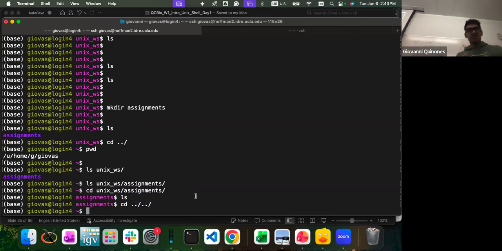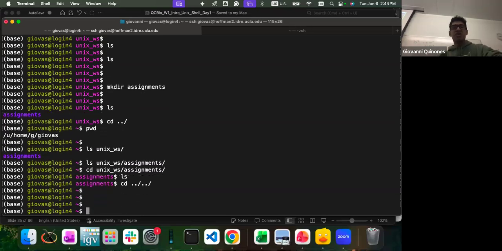So I'll give you guys a few minutes. Maybe you want to make a note of these commands. I want you to just try going into a directory, coming out, creating new directories. Just play around a little bit so that you get used to these commands and, more importantly, you know where you are at each step. Of course, it will tell you right here, but it's also important that you have an idea of the relative path.